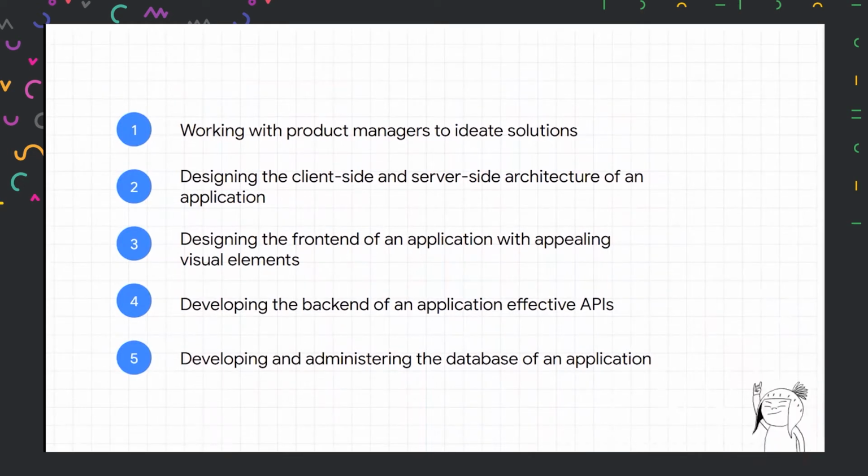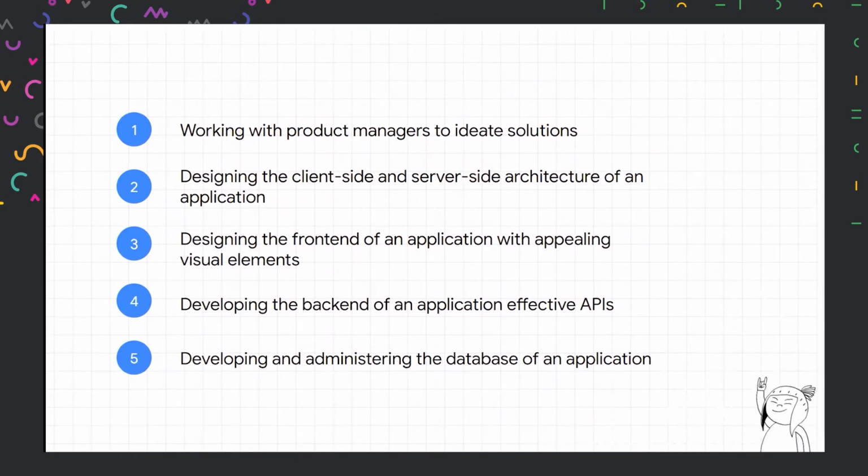A product manager is a person who takes care of how a product should be designed or how a product goes through the developers so that in the end they get the actual product they need. These product managers should know how to make new products and how to ideate new solutions to a problem. And to help them, a full stack developer should know how an architecture must be built. The first responsibility is working along with product managers.